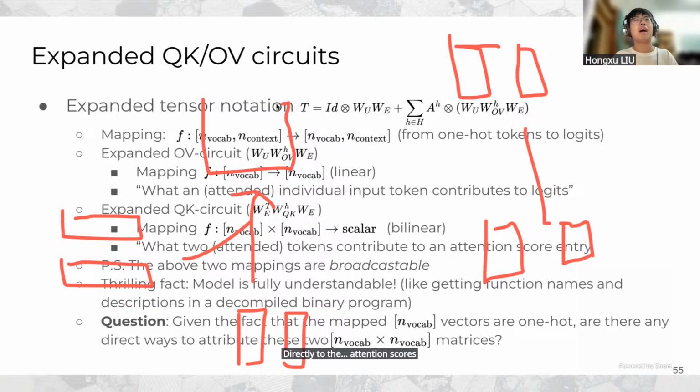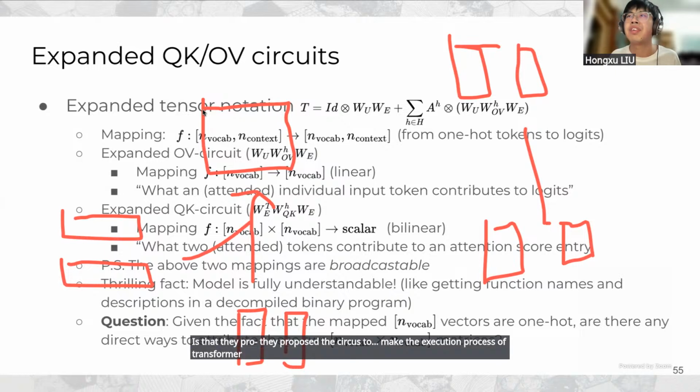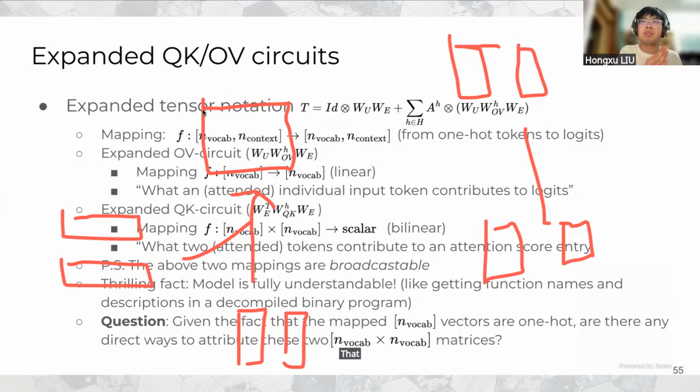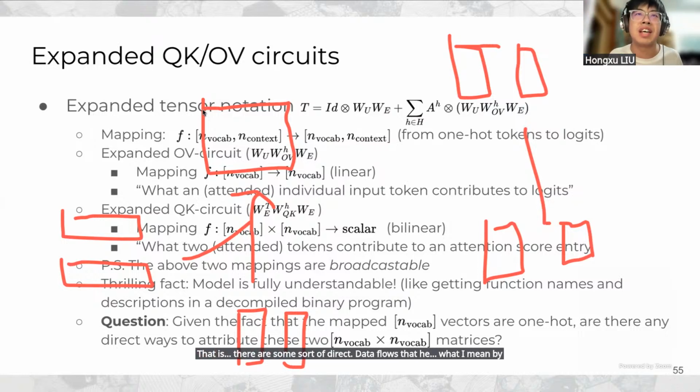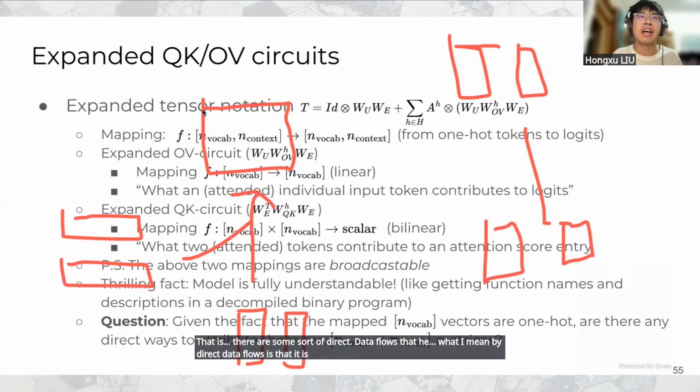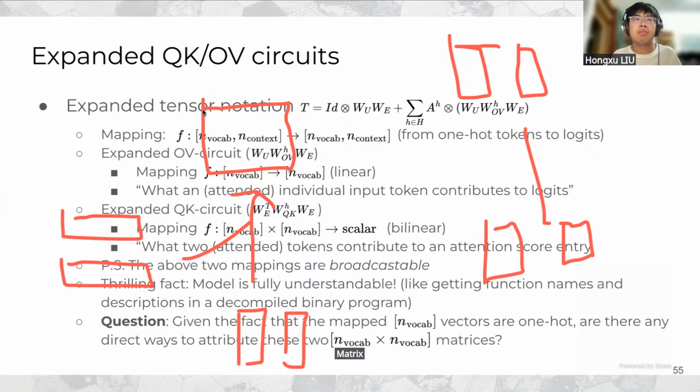And maybe my personal understanding is that they propose the circuits to make the execution process of the transformer clearer. That is, there are some sort of direct data flows. What I mean by direct data flows is that it is derived by a single large matrix multiplication,